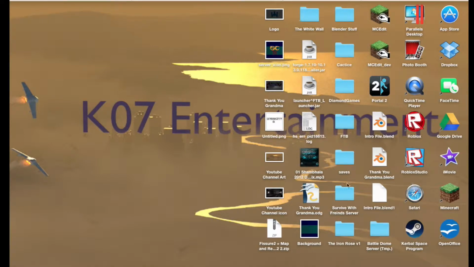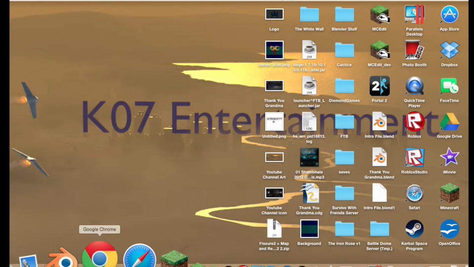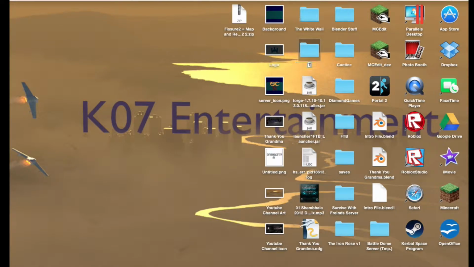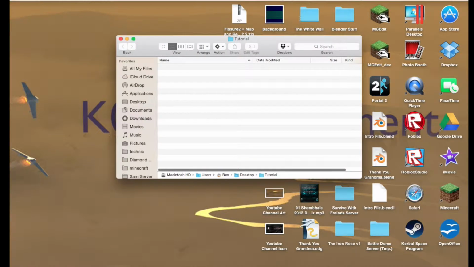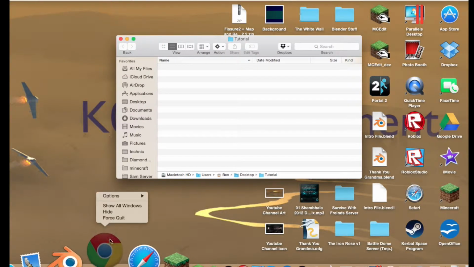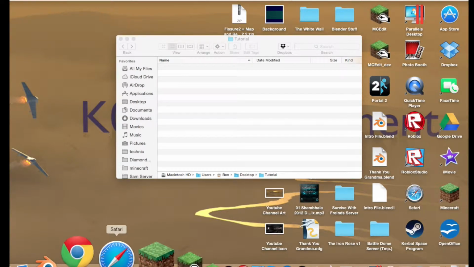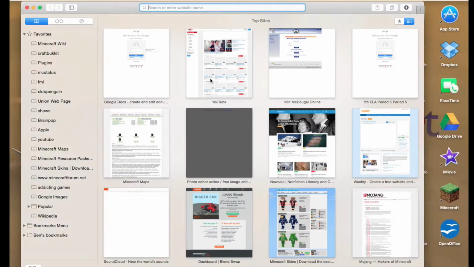So, first, you obviously just make a folder, and you want to call it your server. I'm just going to call it Tutorial, but I don't care if I spelled that wrong. And then you're going to go. Whoops. This is not just about port forwarding. It's about making it as well. Then you're going to go to